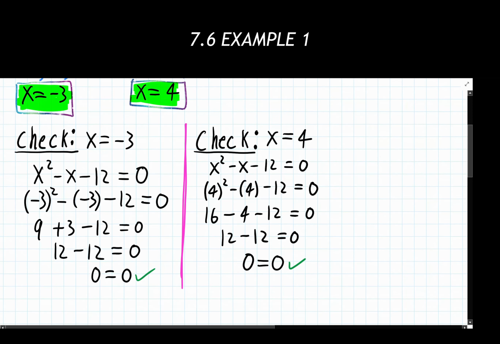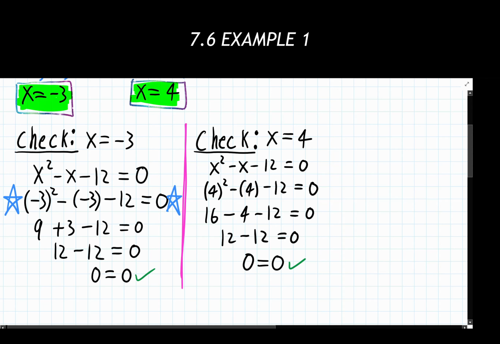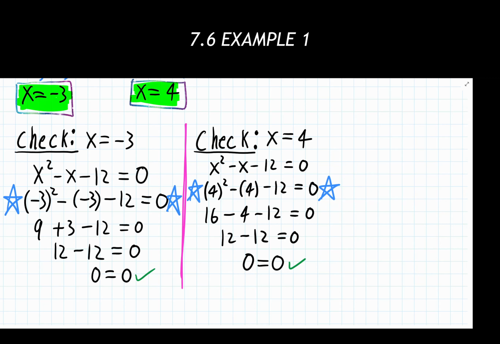Now I will note, if you would like to make the check process a little bit easier, in our second line of work, when we substituted in our values for x, if you wanted to enter that left side of the equation, all of that into your graphing calculator, including the parentheses, exactly as it's given, you could do that, and that could get you right to your final answer a lot easier. That's what I'm going to be doing off to the side here as we're going through our next set of examples, just to save a little bit of time.